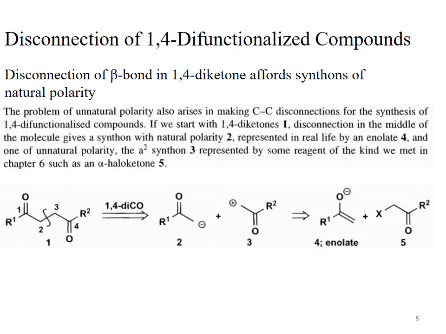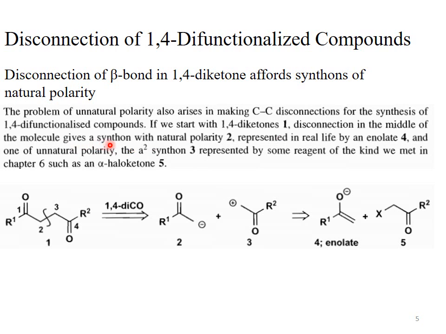Disconnection of 1,4-difunctionalized compounds. When a beta bond of a 1,4-diketone is disconnected, then synthons of natural polarity are obtained. The problem of unnatural polarity also arises in making carbon-carbon disconnections for the synthesis of 1,4-difunctionalized compounds. If our target molecule is a 1,4-diketone, that is compound number 1, see here, this is compound number 1. It's a 1,4-diketone. When a beta bond or the middle bond is disconnected,